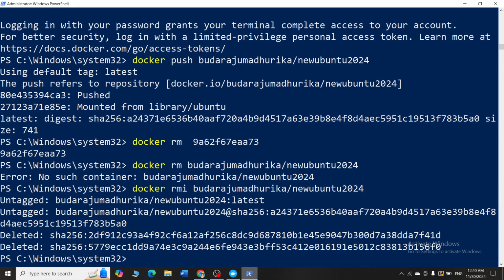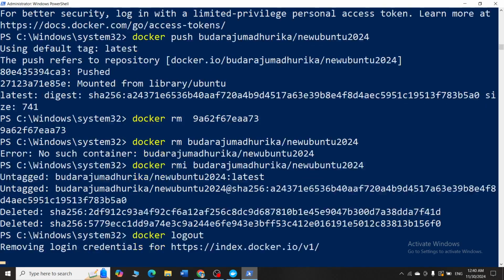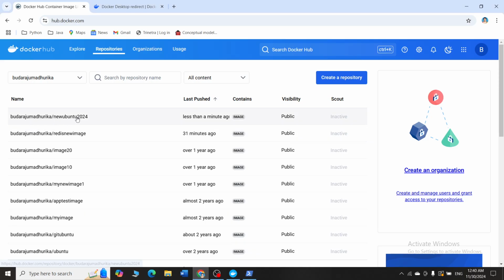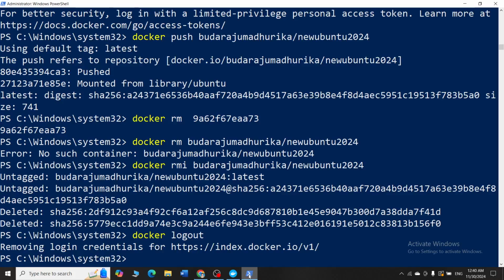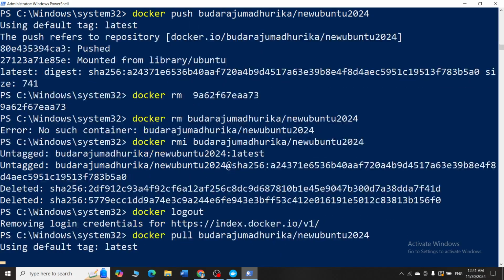So now the next thing I will do is say docker logout. I've logged out, right? Now I will pull the image. Whatever this particular image is, I'm going to pull that particular image. So I will say docker pull Budharaju Madhurika / new Ubuntu 2024.